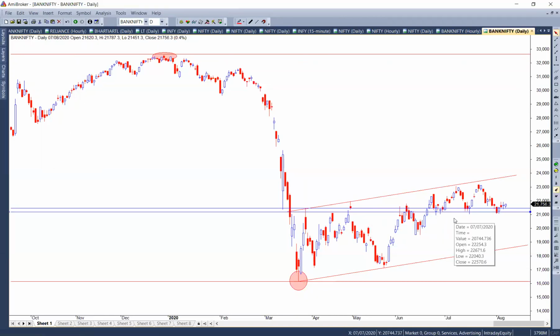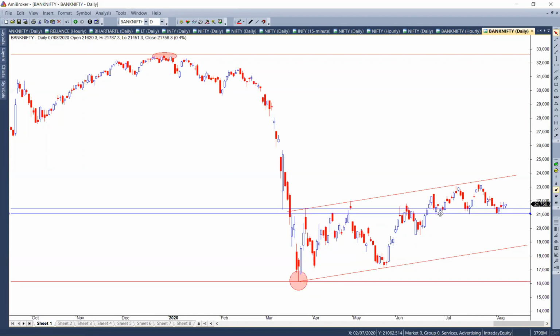So what I'm doing is, firstly, I mark the important high and important low. Next, I draw the lower trend line, the red trend line. Then I drew a parallel to that. After that, I have taken a blue trend line from this top and a horizontal line, and another blue horizontal line from the zone. How did I connect this lower blue trend line?